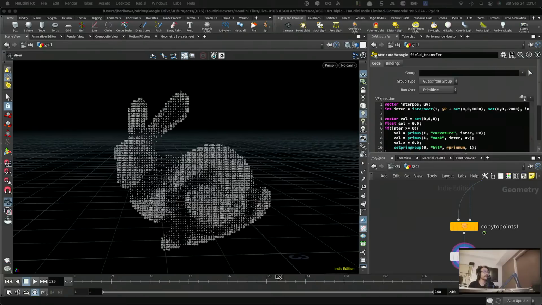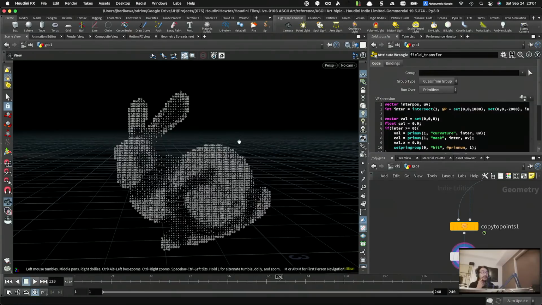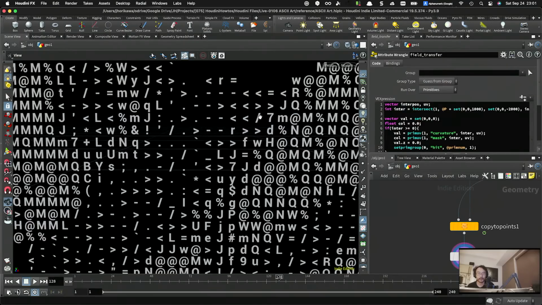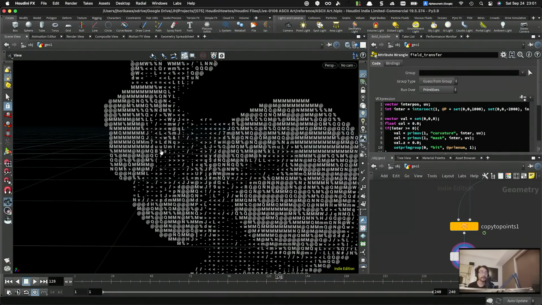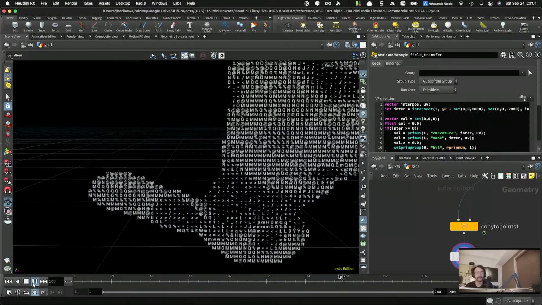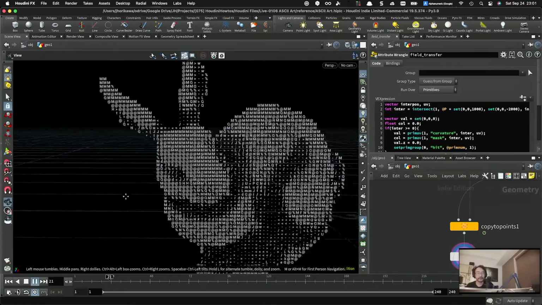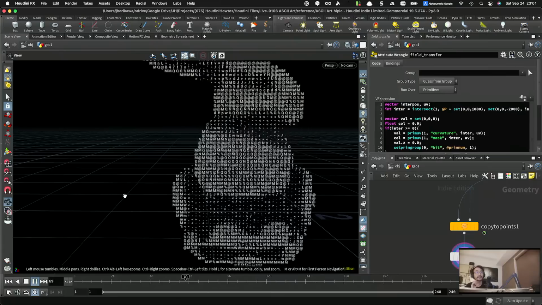And today I am going to try to create a process to convert a given 3D geometry into ASCII art, a so-called ASCII art, which is art made by all the letters by picking up the features from the 3D geometry. Now, most of the time when you create ASCII art in computer graphics, you just use contrast from a 2D image. But since we are using 3D geometry in this example,